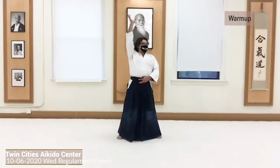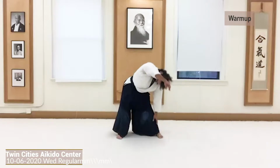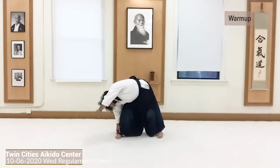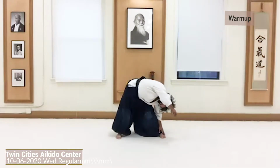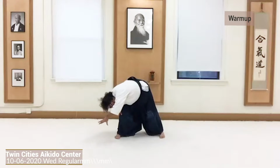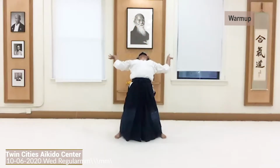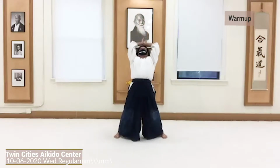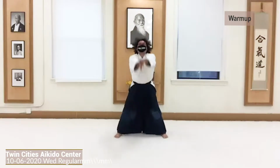Okay. Right hand up and stretch it over to your left side. And up. Left hand up, stretch it over to your right side. And up. Right hand up, stretch it to the left. And left hand up, stretch it to the right. Okay, to the middle. Crease behind, up, back, stretch forward, to the middle, left behind, up, stretch back, forward, to the middle, back, up,